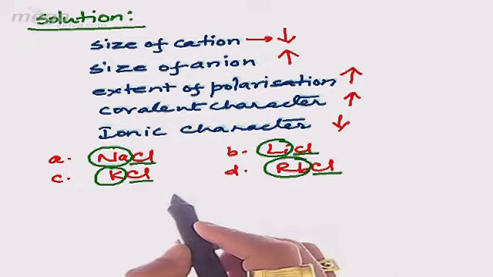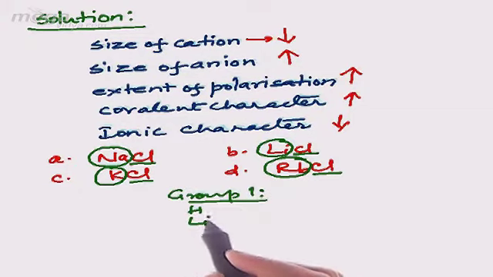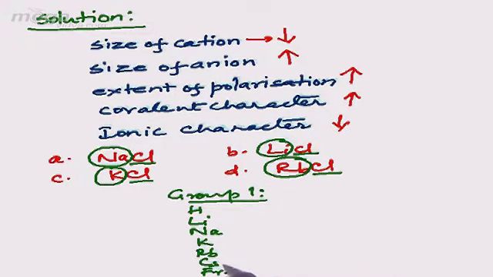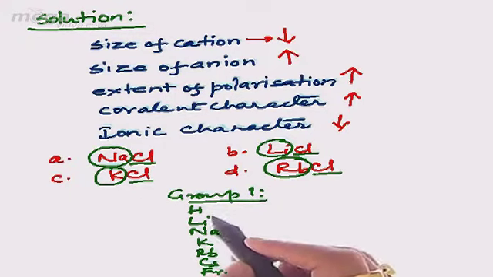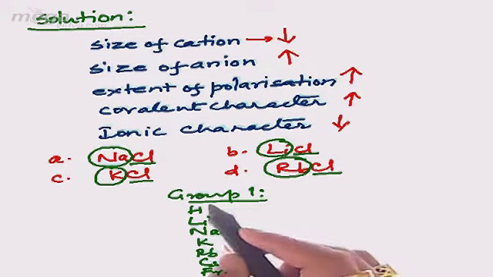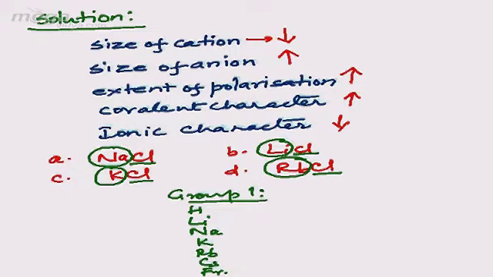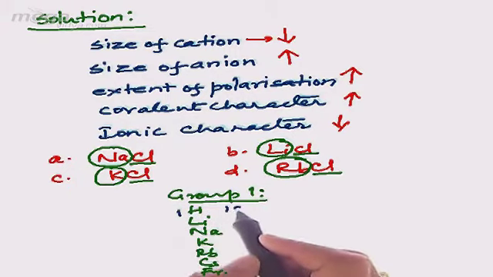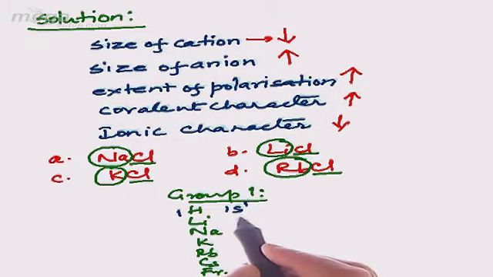And in group 1 we have hydrogen, below which we have lithium, then sodium, then potassium, then rubidium, then cesium, then francium. Now students, as we move down the group in the modern periodic table, we find that the size goes on increasing, and the reason for the increase in size is the increase in the number of shells, because hydrogen has atomic number 1, so its configuration will be 1s1, that is it will have only 1 shell.